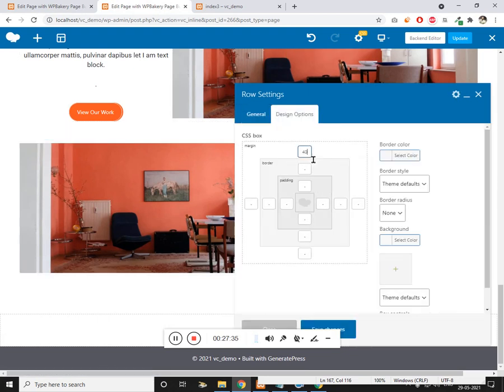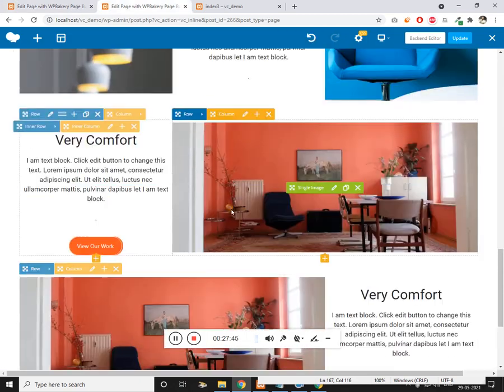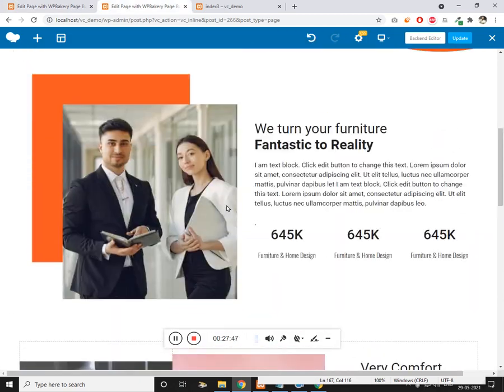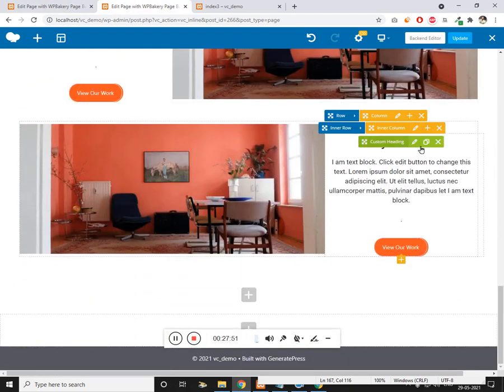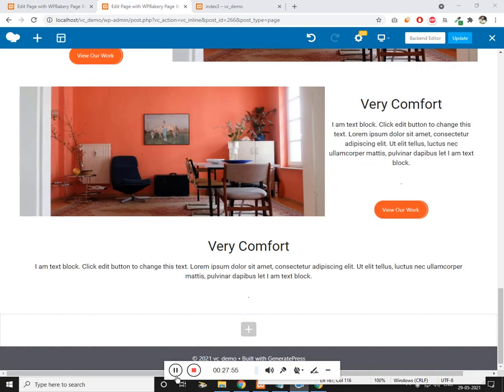Pixel top and left and right. Click on save. Let's drag these two content, copy. Fine, I've just copy pasted it.